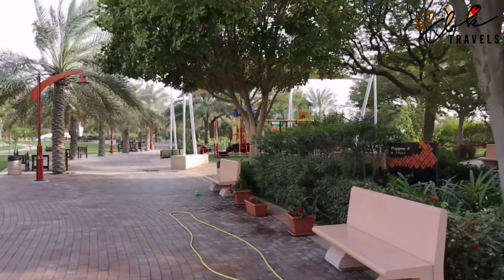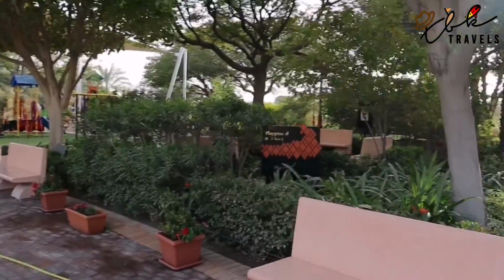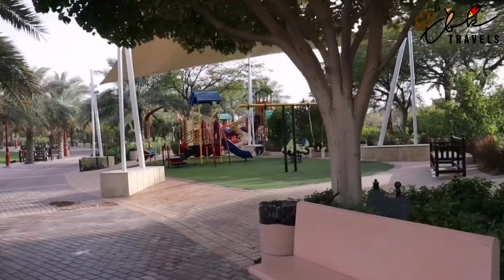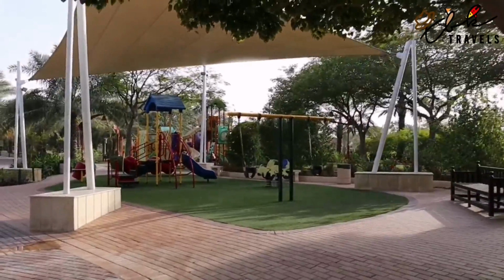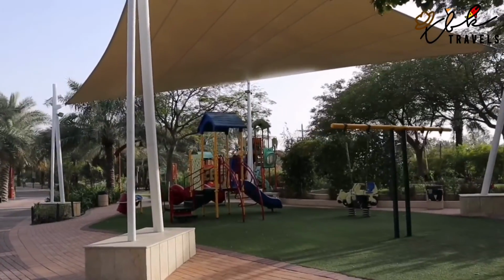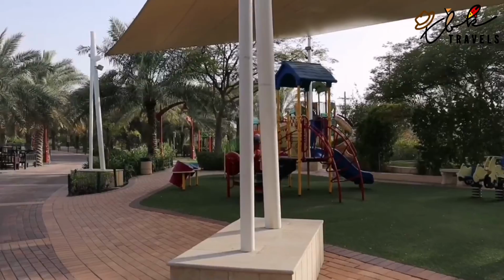Okay, so we're going to have a look around the beautiful Princess Sabeeka Park now, and there's a playground over here, which is... This whole park was opened just after I arrived here in 2010, and it's grown and become more